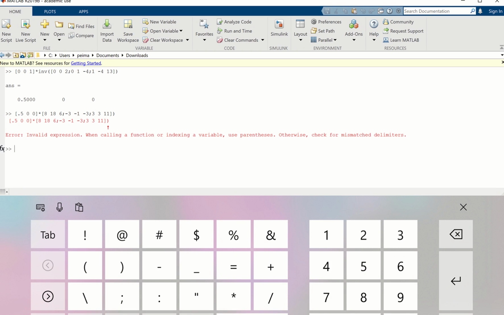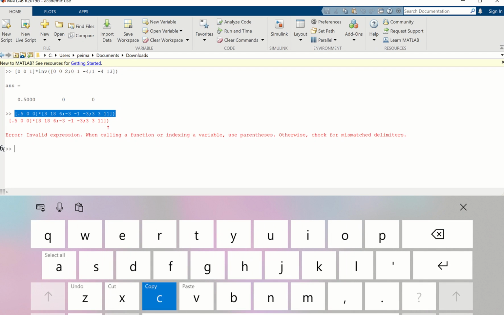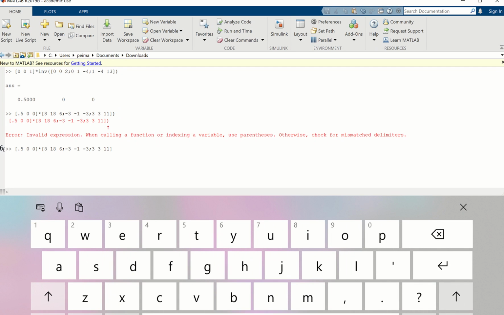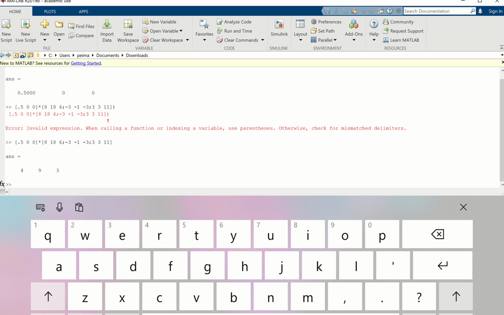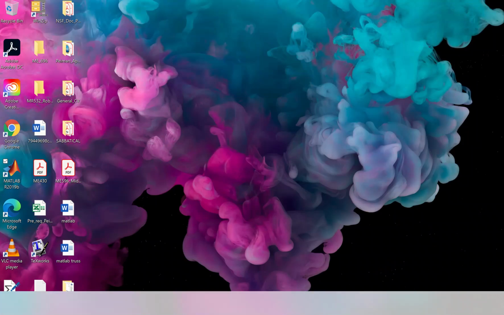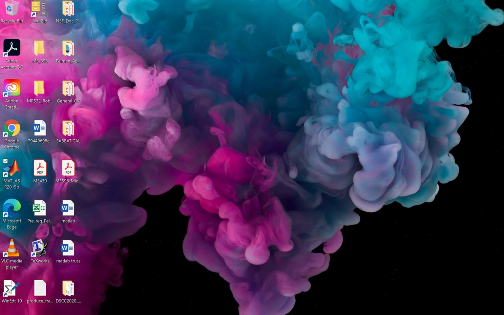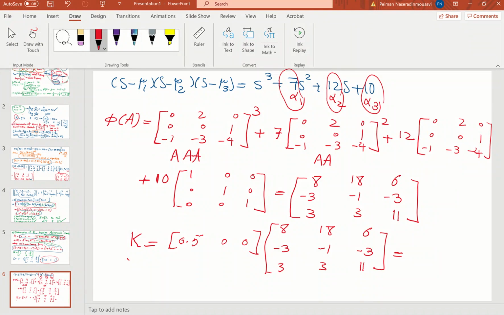So what do we get? Oh, I have extra things here. Sorry, guys. Control C, Control V. This is extra here. You got 4, 9, 3 as we calculated in method 1 and method 2. So the gain matrix again becomes, in method 3, which is very famous for state feedback control law,